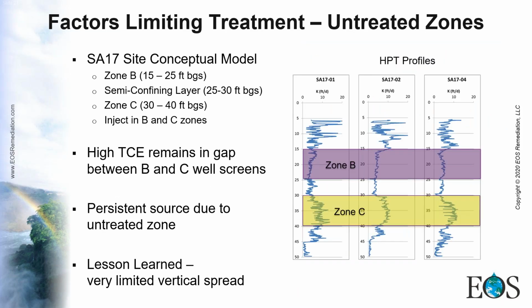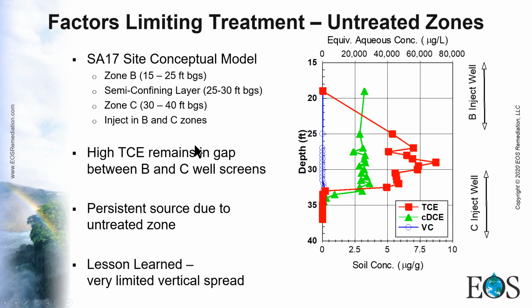Okay, another factor was limiting treatment. This was at one of the earlier sites we did. The conceptual model for the site was that the primary contaminants were in the B zone and the C zone. This is where they wanted to treat. So they went out here, they injected in the B zone, they injected in the C zone,